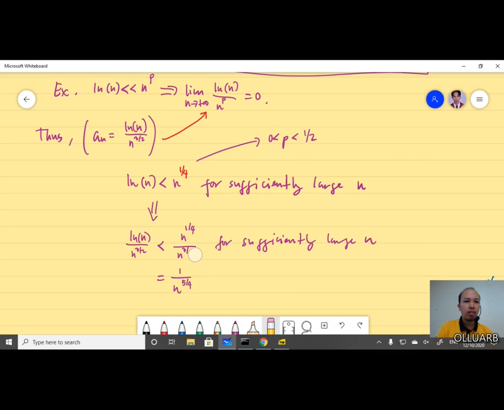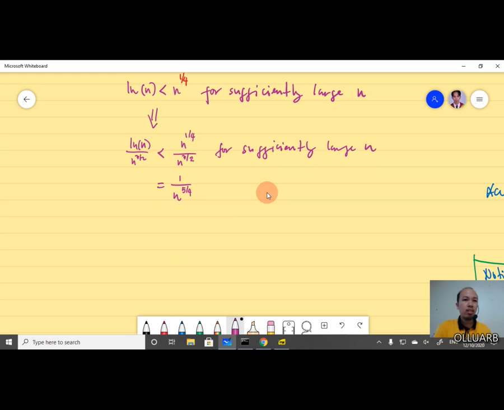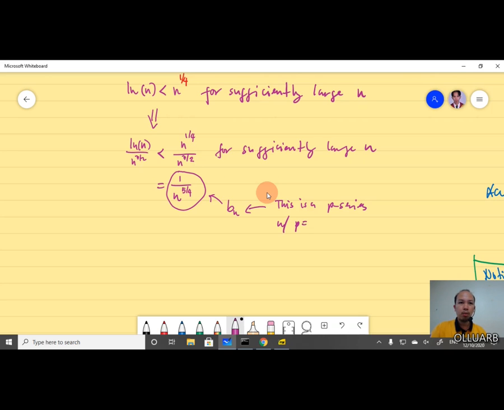Let's try to erase this one. This is 2. Okay, so 1 over n to the 5 halves, so this is now our b sub n, and we know that this is a p-series with p equal to 5 over 4, and convergent. Okay, this is convergent. So therefore